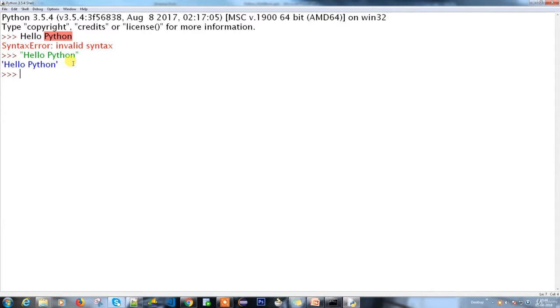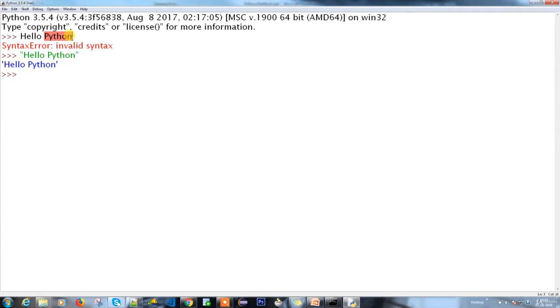Another thing is that Python has color formatting. If you write something in an invalid way, it will show a different color, because a string has to be shown in green color. That is predefined. For example, the first time when I typed it here, it showed black, which means it's wrong. If you type something properly inside the quotes, it will be in green color, which shows you're doing it in a proper way. So I just printed a value.